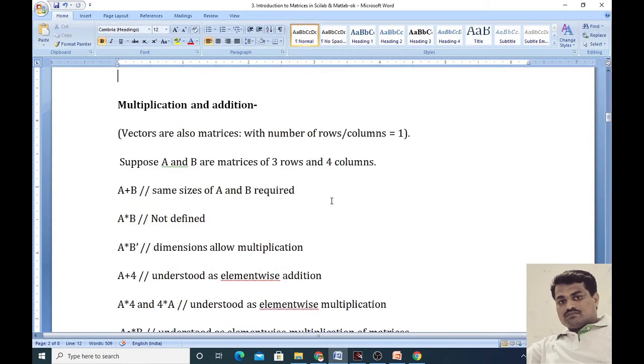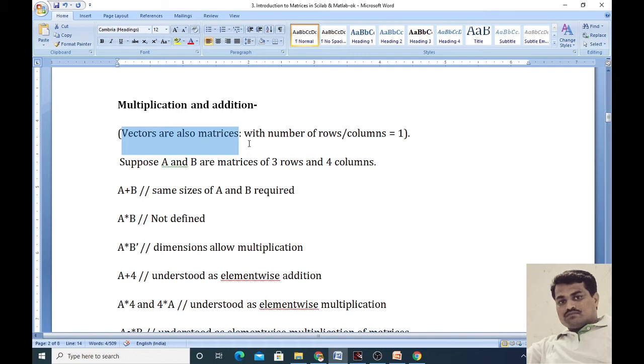Now we see some operations on matrices in Scilab. For the multiplication, addition, subtraction, and division, meaning inverse of a matrix, we see that. Also remember one thing, vectors are also matrices. You know the definition of vectors. If we compare vectors and matrices, vectors are also matrices with number of rows or columns equal to 1.